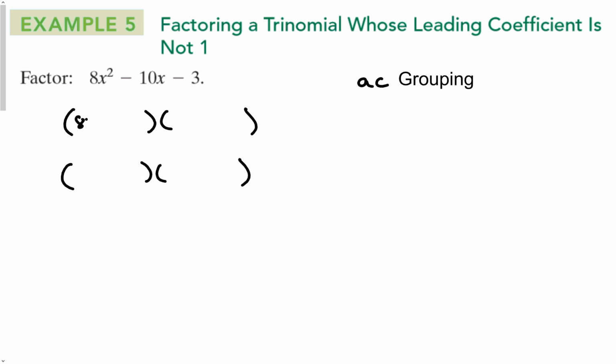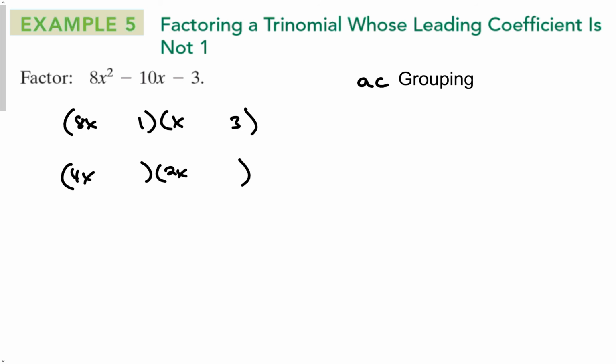I could have 8x and x, or I could have 4x and 2x. Factors of 8 are 1 and 8, 4 and 2. That is how I have to start my expression. 3 is prime, which means that there's a 1 and a 3 going to go in one of these two places. Well, I could try like this,